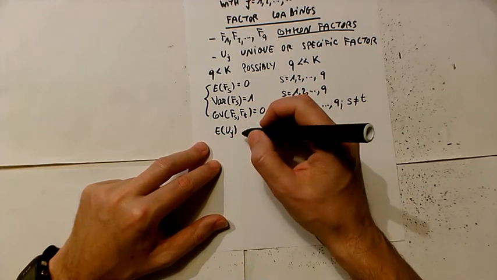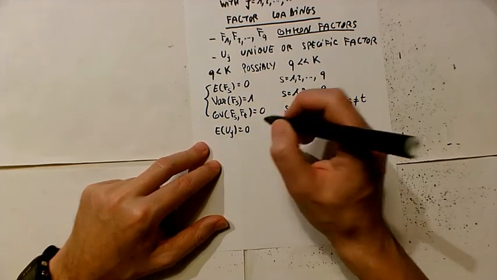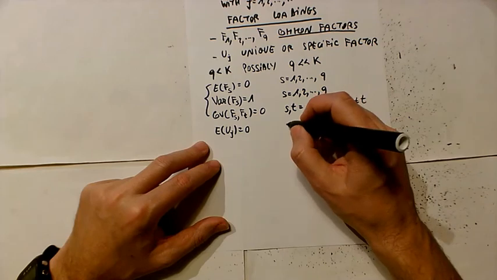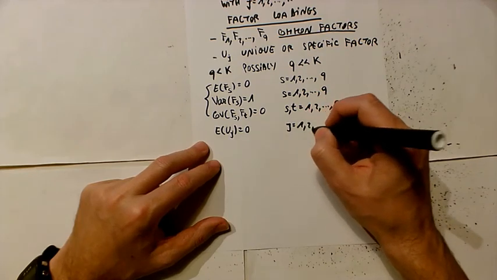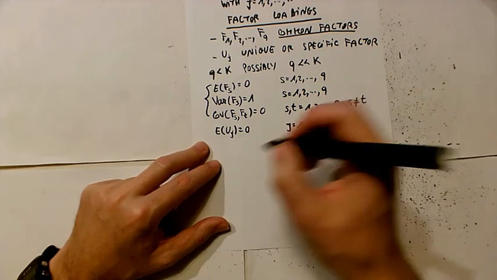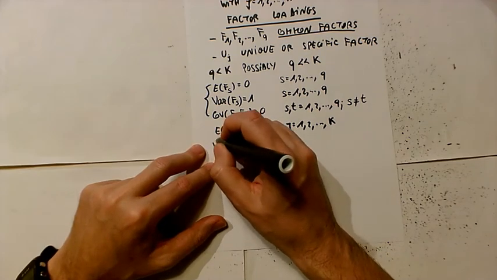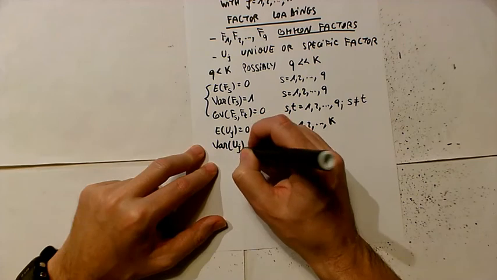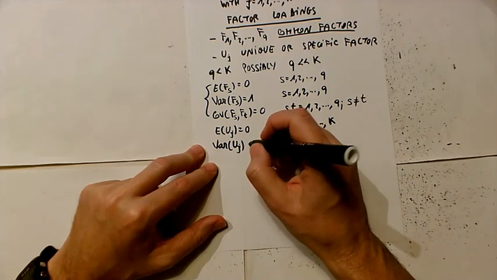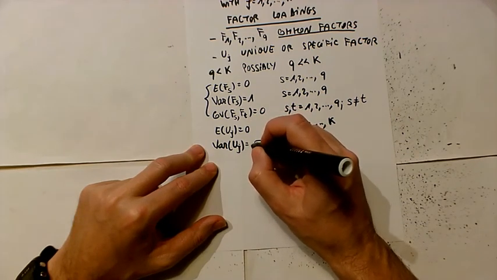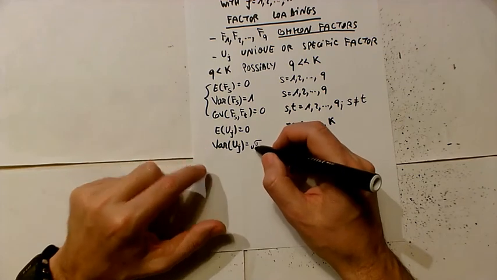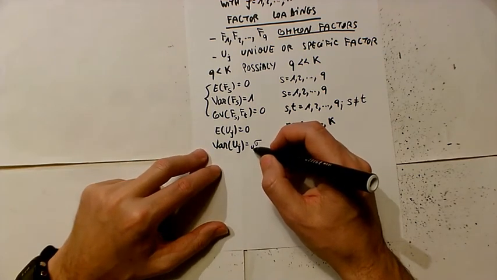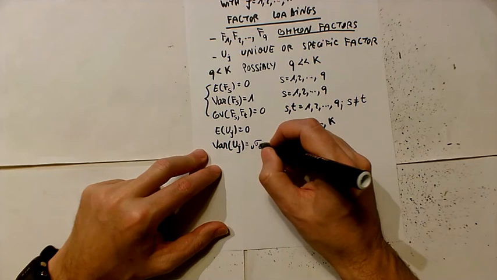So the expectation of uj is equal to 0 with j equal to 1, 2, up to k. And the variance of uj must be equal to sigma uj. So I denote with a subscript on the left u in order to distinguish